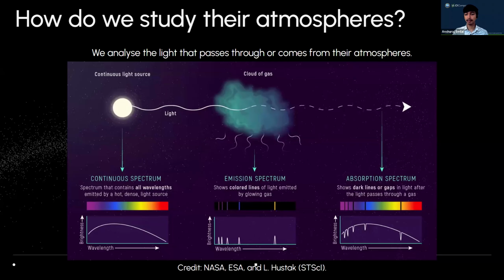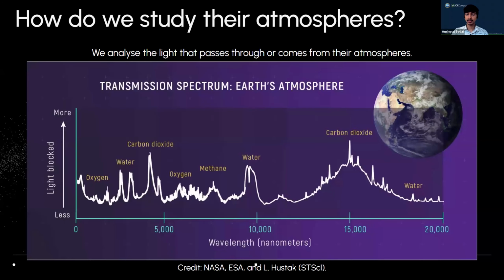So these can be identified by the dark lines or the gaps in the spectrum itself. So that is an absorption spectrum. This we do with the planet's atmosphere when it's passing in front of the star or about to go behind the star. So, talking about absorption spectra, one of its types is a transmission spectrum,